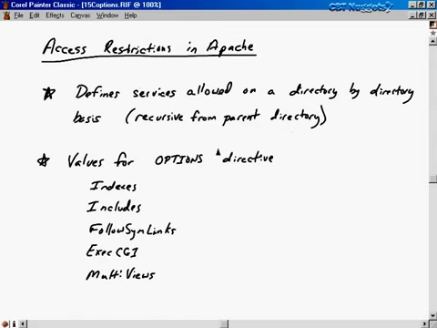What we saw in that configuration file a minute ago was something like Options FollowSymLinks, or Options Indexes. So let me explain what the 5 valid fields are for the Options directive, and then we'll talk about other ways to restrict access. Okay, so Indexes here: if Options Indexes is set for a particular